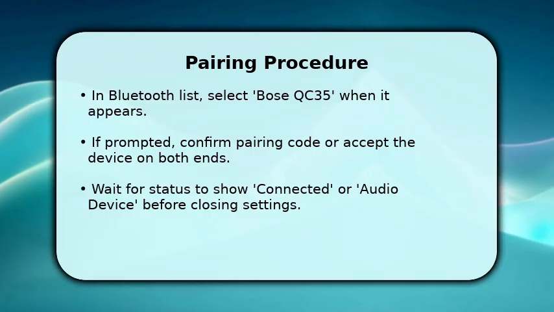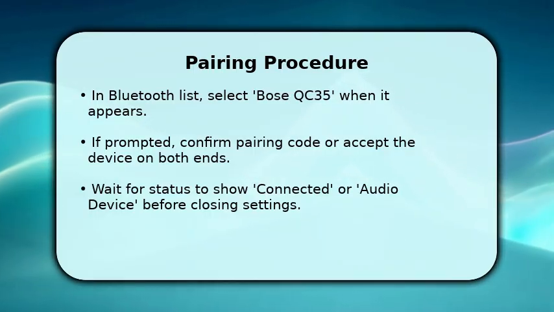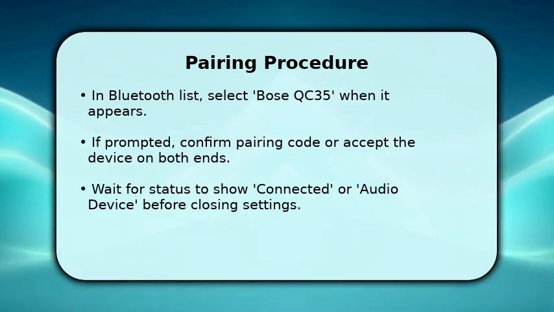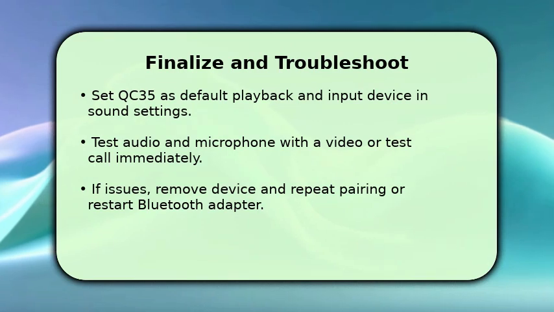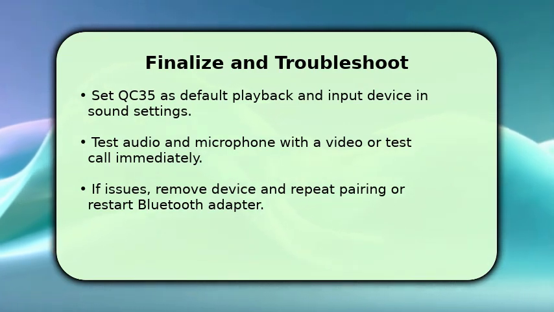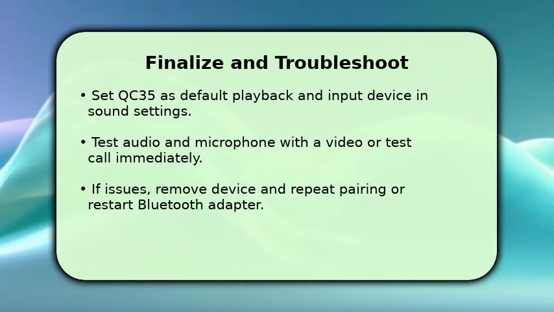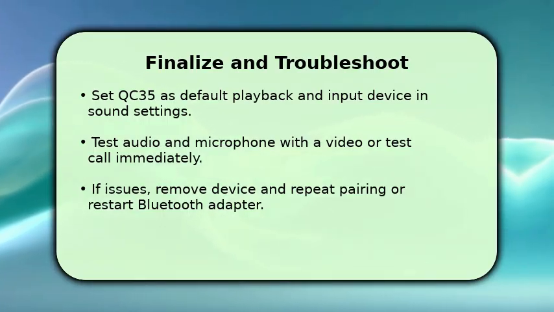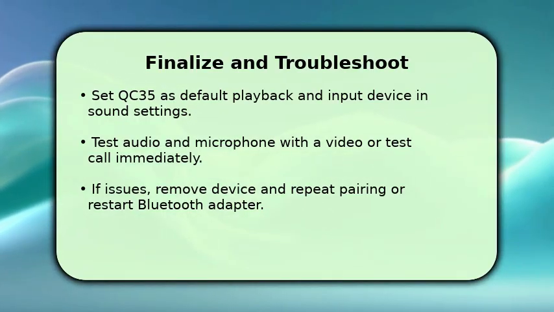Wait until the laptop shows the device as connected or available for audio. This ensures your system routes sound to the headset rather than the laptop speakers. Finish by selecting Bose QC35 as the default output, and input if using mic, in your sound settings so apps play through it. Test with media or a quick call to confirm audio quality and microphone behavior, making volume adjustments